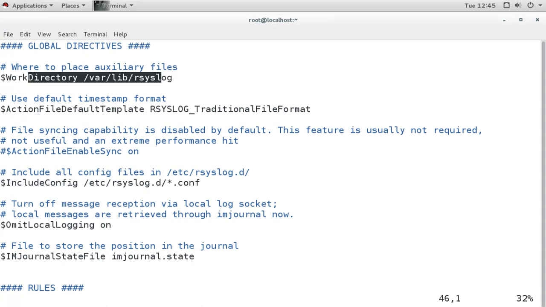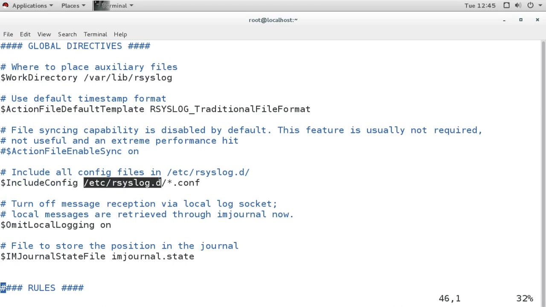It is including configuration files from this rsyslog.d directory. The name can be anything, but it must be .conf, so it will load all the files from there, and we can make a configuration file there also. Then there is the omit local logging on option, and these are the general options.